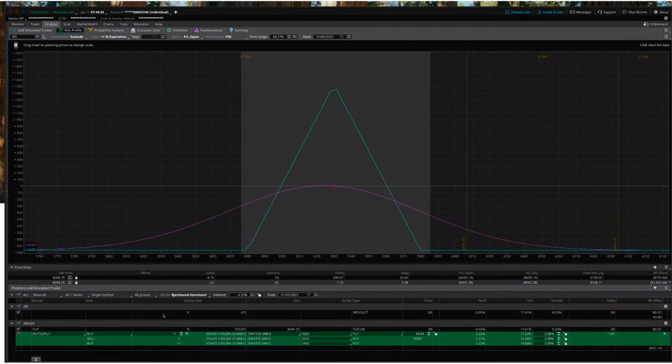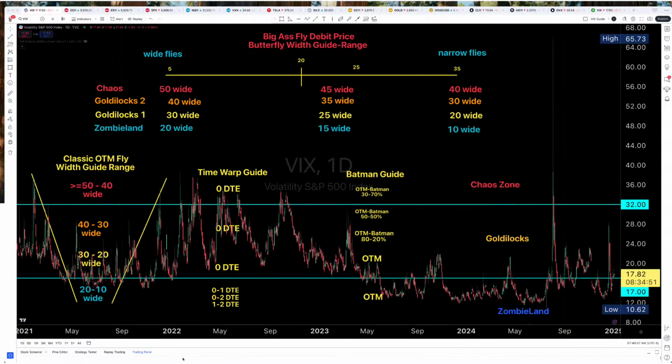So let's see what that looks like on our chart. So low 20s, 20 or lower is on, in between 25 and 30 wide. So there you go. There are your choices, 25 to 30 wide this morning. So we're right here. Now, when we have a big ass fly that's less than 25, we also consider that